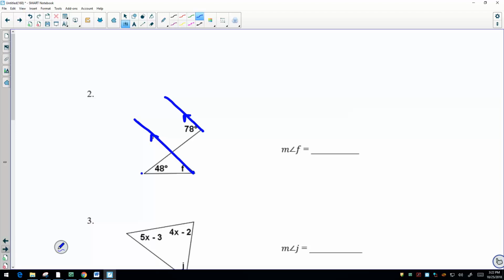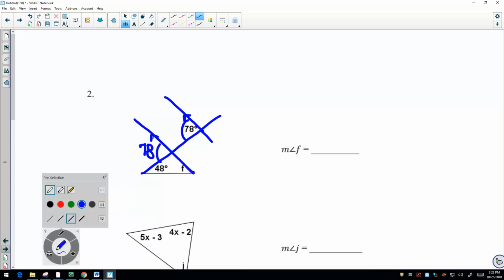We typically looked at them with a transversal, a line that intersects those two. And I start to see some properties here. I see this angle of 78 should equal a whole bunch of other angles. So one location would be this location right here. That's a corresponding angle, so I know that that angle should equal 78. Now looking at that angle,